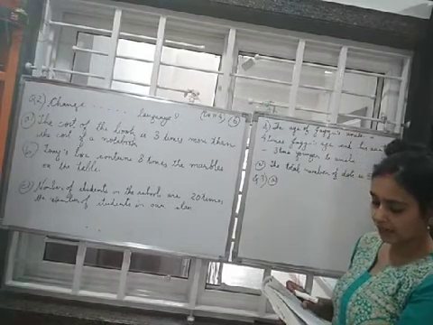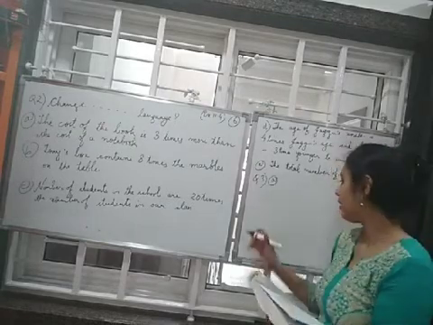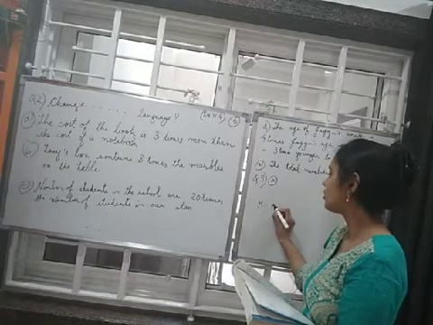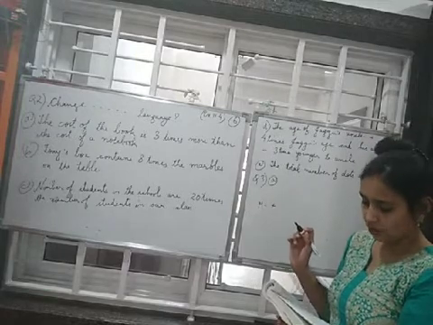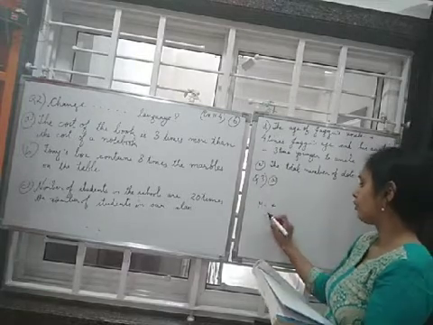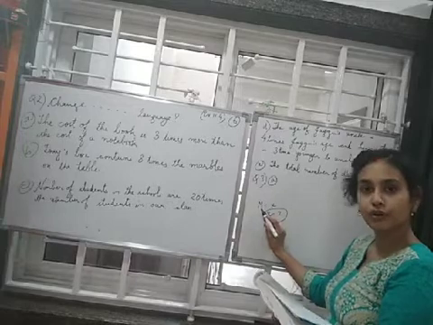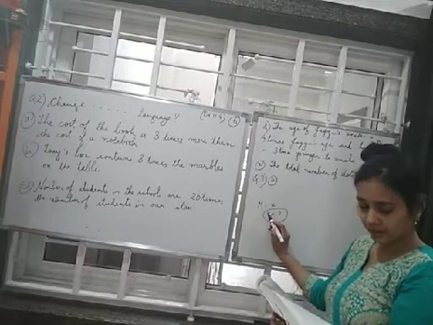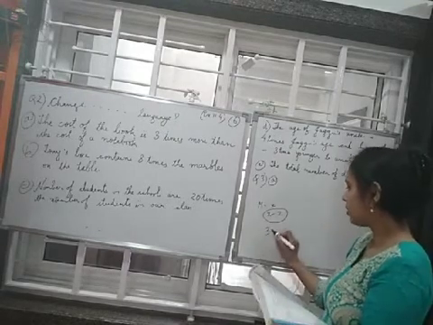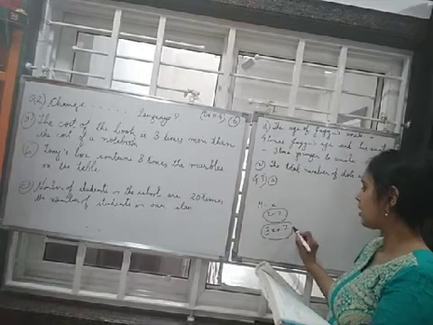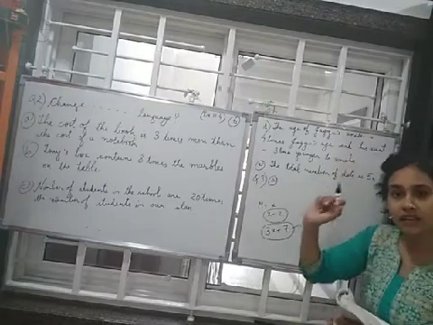Given Munnu's age to be x years. Munnu is a boy. Now his age is given. How much? x years. Can you guess what x minus 2 may show? x minus 2 may show somebody's age who is 2 years younger than Munnu. So maybe his brother or sister. Correct? And what may 3x plus 7 show? 3x plus 7 may show his mother's age or father's age or uncle or aunt, anybody.